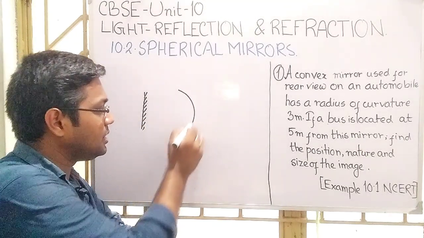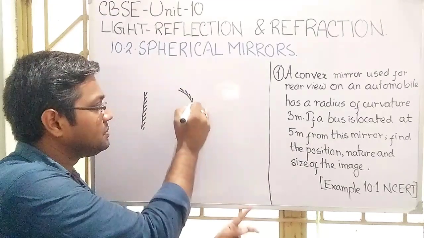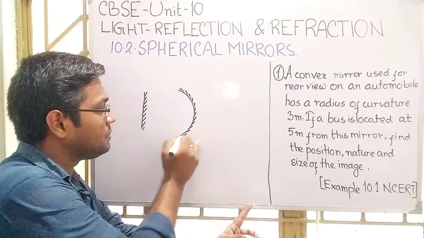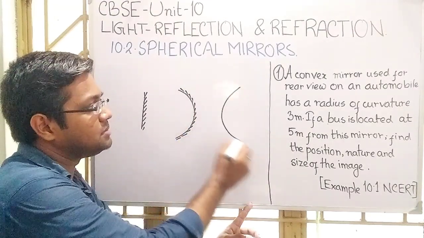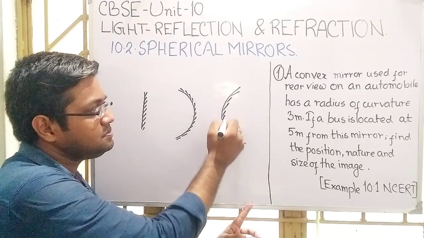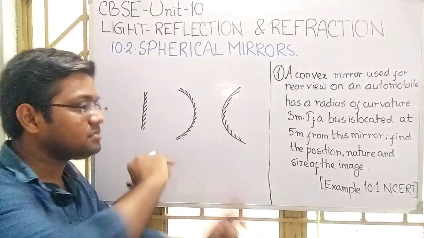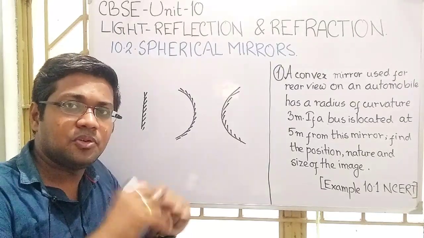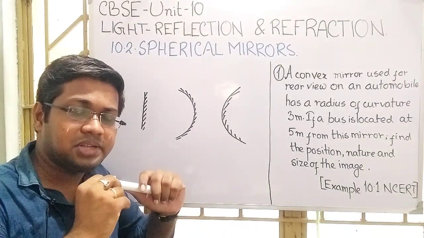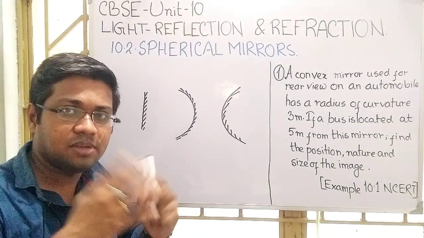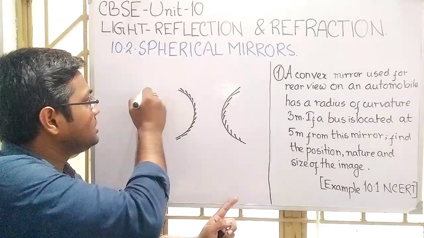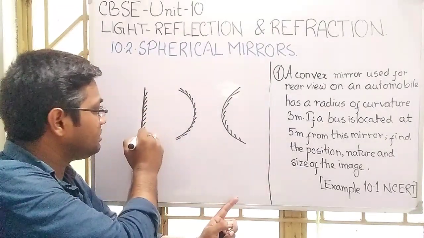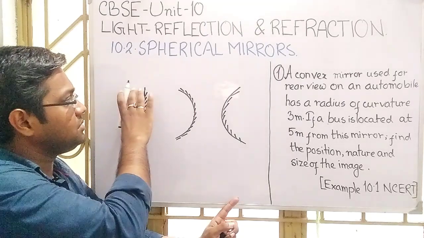If I draw a concave mirror, and if I draw a convex mirror, now you can tell me which mirror will take the maximum amount of light. If I say all of these are of the same length, if the light ray enters from here,